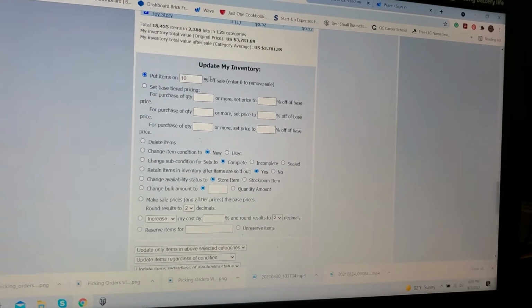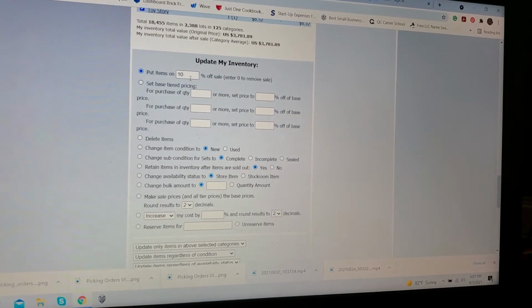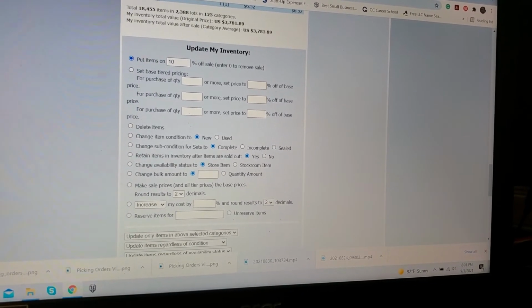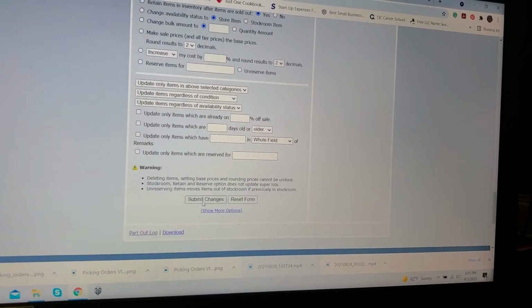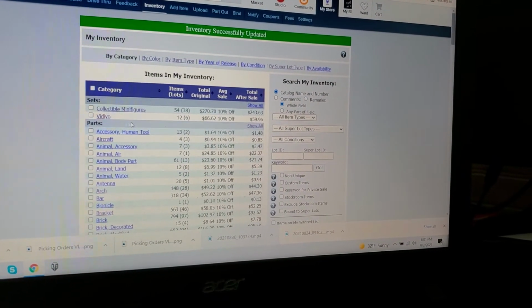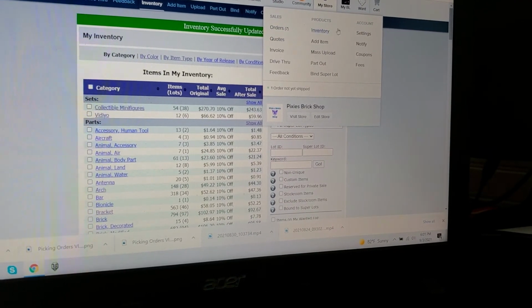I'm doing a 10% off sale, and once I decide to stop doing the sale, which is probably going to be Monday, I'll just come down here, check the category box, put a 0, and then you just hit submit changes. And then of course you want to make sure that people know. So then you go into your account settings,